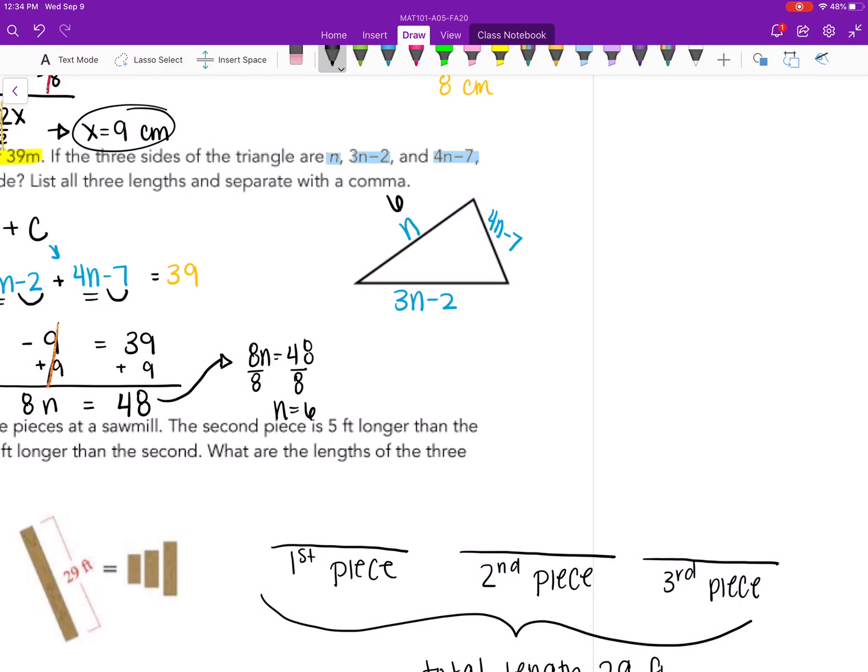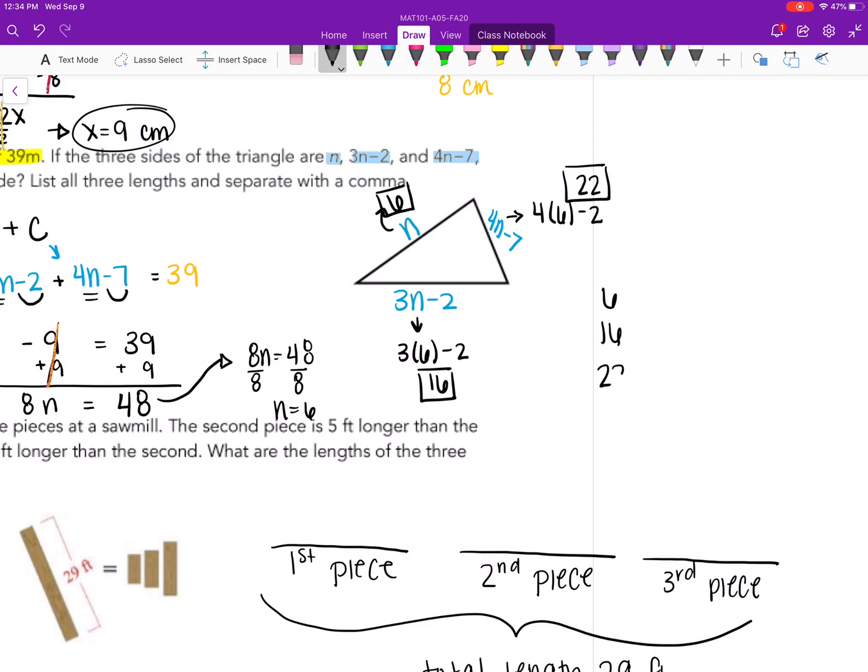I have 6. I need to fill in 6 for n to get the other three sides. So I'm going to have 3 times 6 minus 2, and then 4 times 6 minus 2. So 3 times 6 gives me 18, minus 2 is going to give me 16. So that's the length of one side. And then 4 times 6 is going to be 24, minus 2 is going to give me 22. So the length of my three sides are going to be 6,